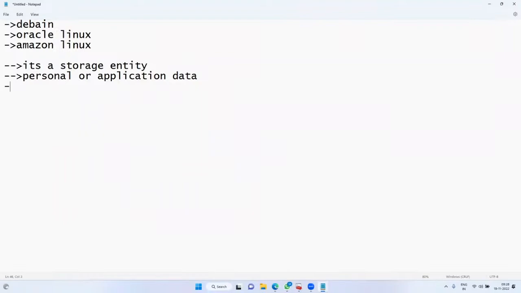Okay, there are two types of disks in the market. One is SSD, the other one is what? HDD. SSD means solid state drive. HDD means hard disk drive.